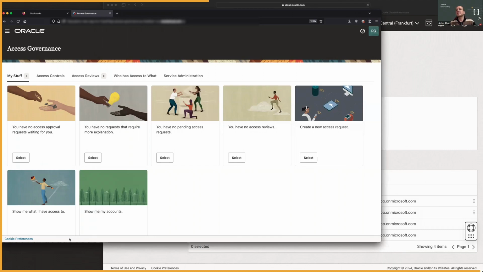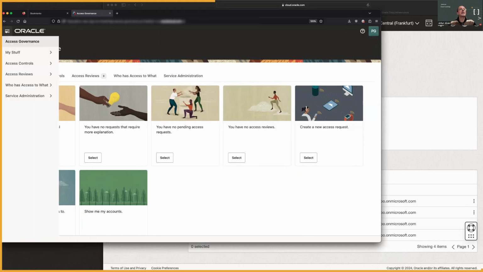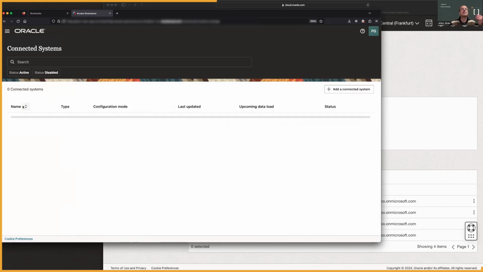So, as Sandeep, I also have Pamela as my OAG campaign administrator. She's also a super user, so she can show you more stuff about the configuration. But typically in real life, there will be a campaign administrator that is not the OAG super user. In this case, just for the sake of simplicity, I'm merging the two roles on Pamela's user. First of all, Pamela, as the OAG administrator, can define the targets.